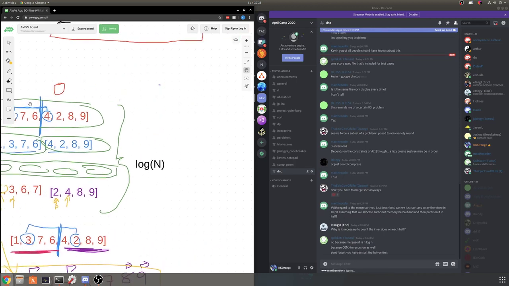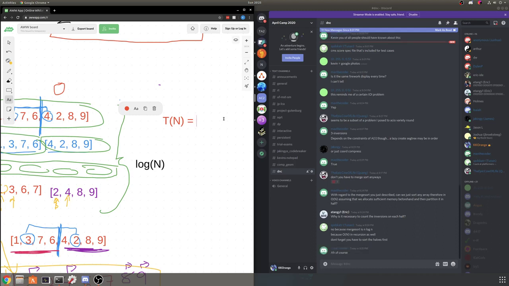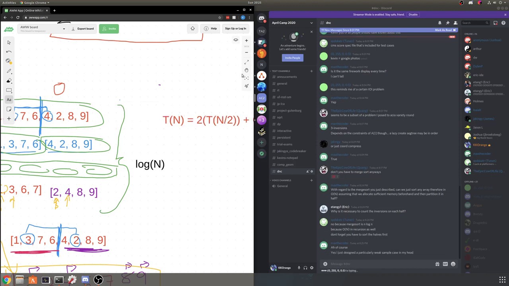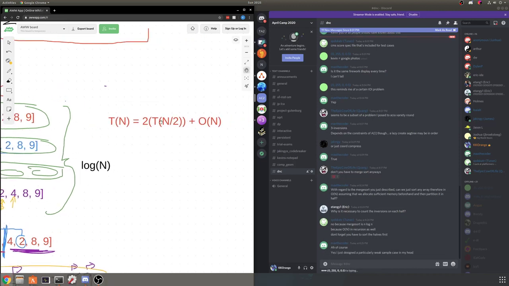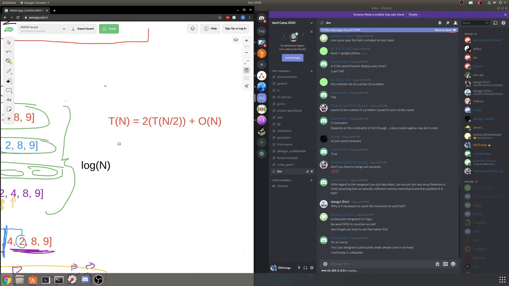I guess if you write out the recurrence relation, it would look something like this. So the amount of work that you do for an array of size n is equal to the amount of work. So you split the array, so there's two halves. Each of those requires you to sort an array of half the size, and then you add on the linear time step of combining the two. So this is the relation that you end up with. And if you expand that, then you get order n log n, which you can do analytically, or